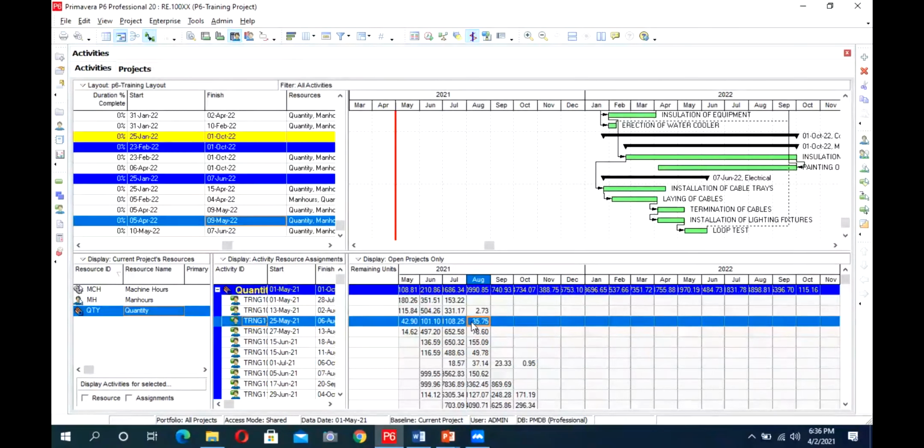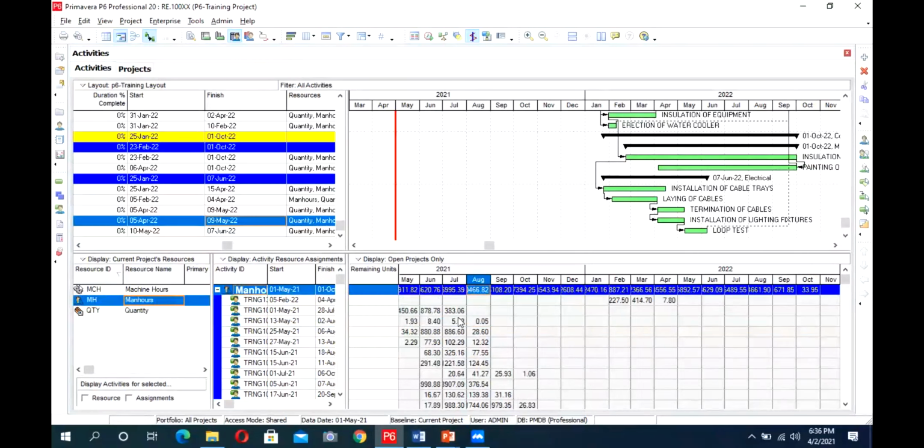Similarly, from man hours, I can take these man hours, extract them in Excel, and give them to the admin or HR department so that they align themselves with this. In this month, I will need these man hours. This is manpower. Similarly, for machine hours, we can extract the data and give it to the relevant department so they are ready with these machines for this month.